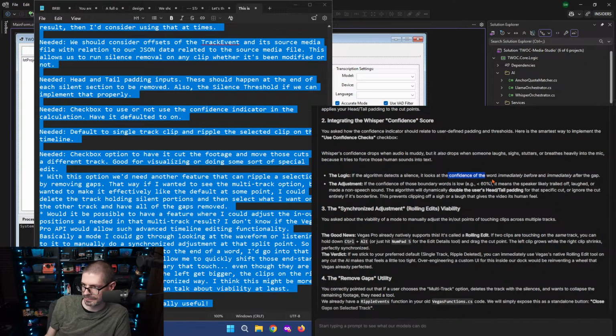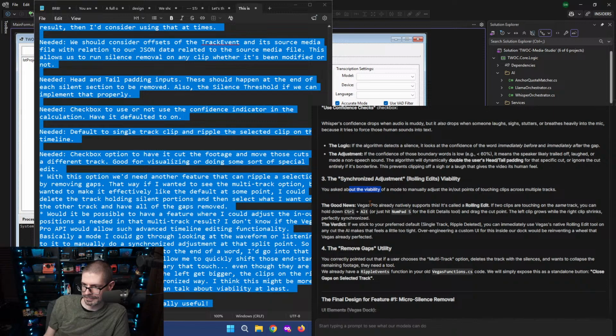Yeah, that's good. Rolling edits. Control Alt or hit numpad 5 for edit details tool and then drag the cut point.